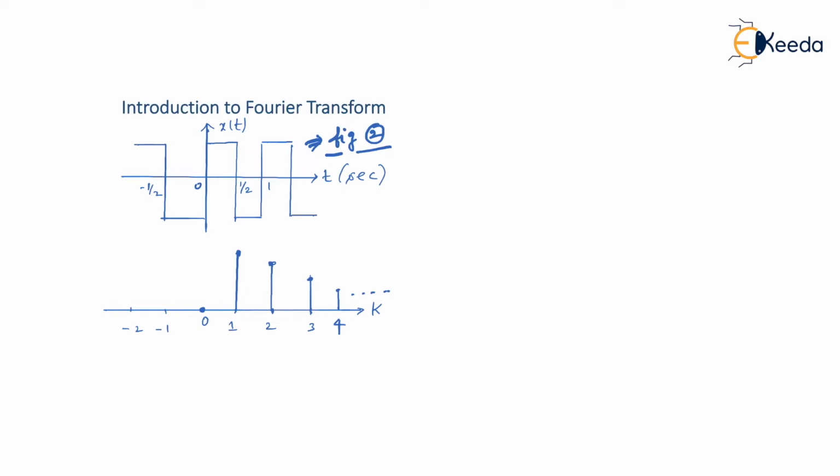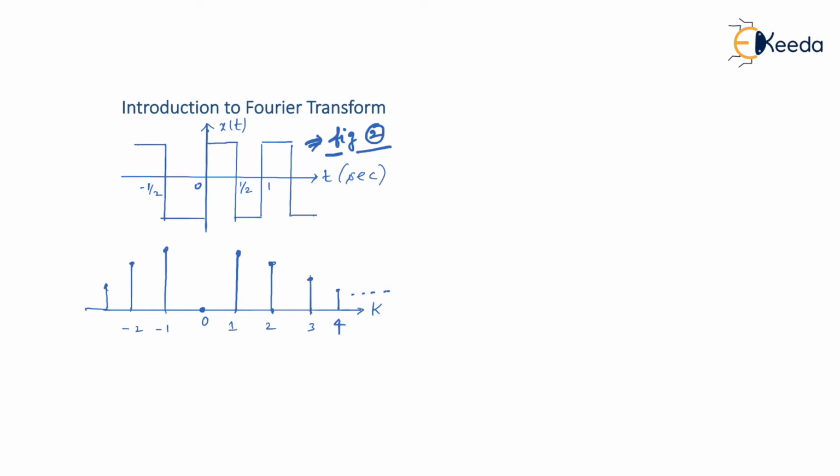And we know that a magnitude plot always satisfies the even condition. Therefore, at k equal to -1, we get the same as that of the k equal to 1 component. Then at k equal to -2, we get the same as the k equal to 2 component. So I'll be writing this, and the same thing will keep on repeating at negative frequencies. And of course, those k values are showing you frequencies.